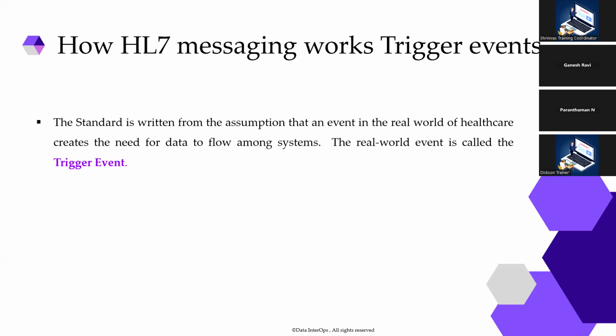So the official definition of a trigger event says this: the standard is written from a perspective that an event that is happening in real time will have the need for data to be sent from one system to another. And if that event demands the sending of data from system A to system B, then such events are called trigger events, because those events are actually demanding the data to be sent between two different applications,